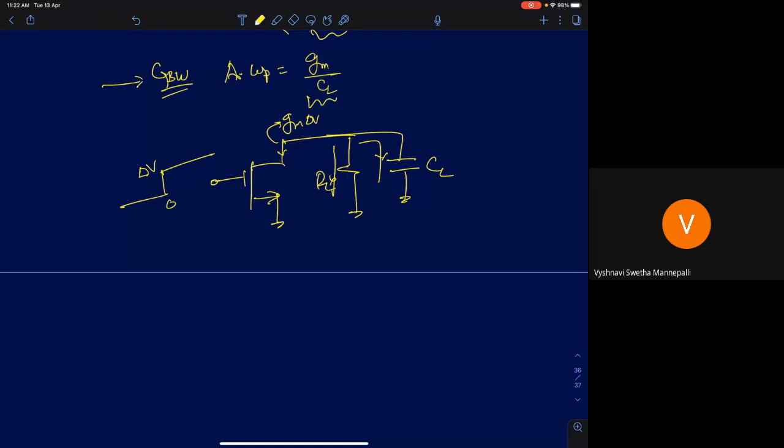Current is changing suddenly. When a current is changing suddenly, capacitor impedance is extremely low, right? Capacitance is high frequency, impedance will be 0. So all the current will flow through the capacitance, because whenever there is a sudden change in the circuit, a